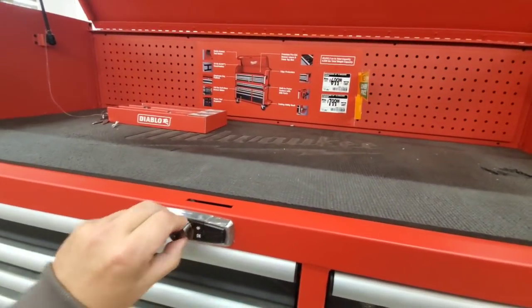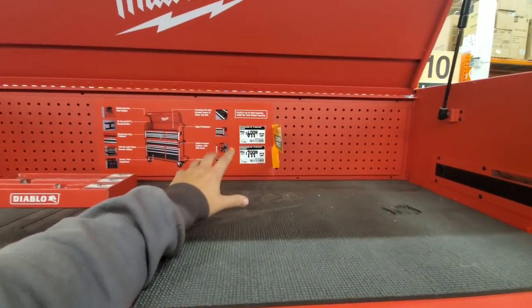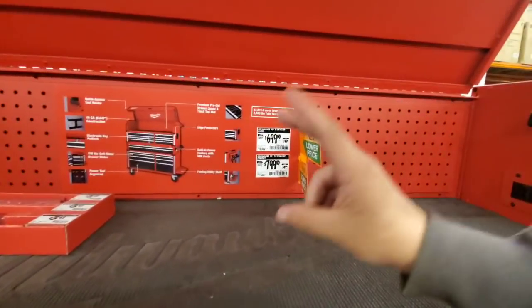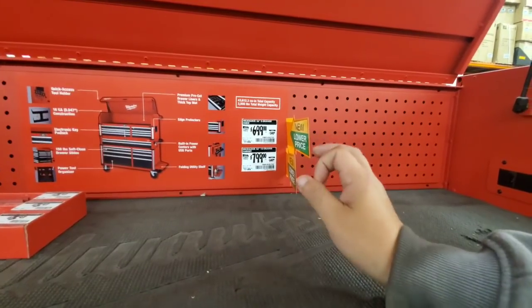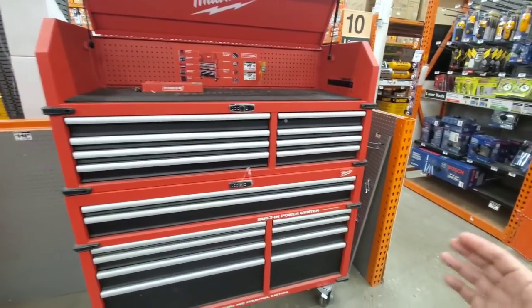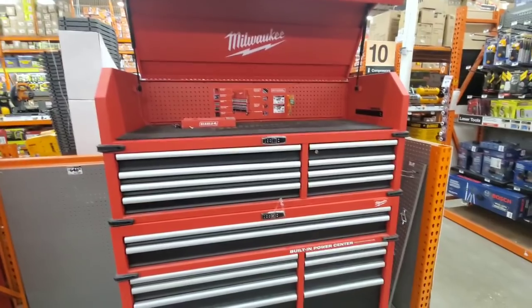All right, guys. Obviously, this is the brand new Milwaukee cabinet chest combo. They did lower the prices, you can see here, $699 and $799. The best deal you're still going to get on this, guys, is at Blain's Farm and Fleet, okay? No one else is really going to